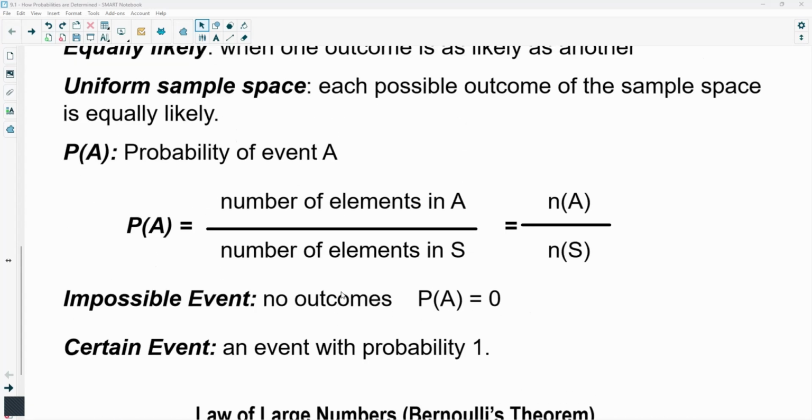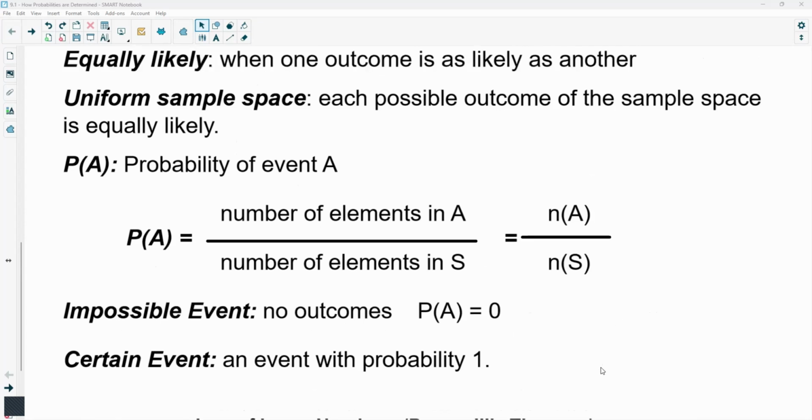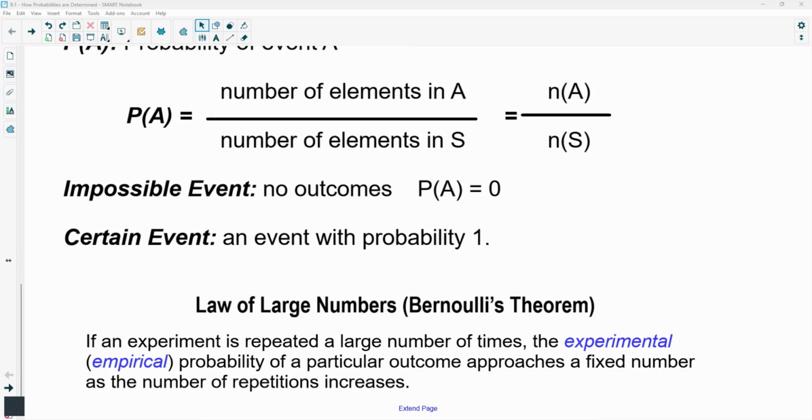And just to clarify, because a lot of students ask, what is the probability of getting heads? That is not a certain probability, okay? Or getting a number 1 through 6. You need to be very specific, so that you are 100% sure it's always going to happen to be a certain probability, okay? Law of large numbers, which is related to the theoretical probability, is that